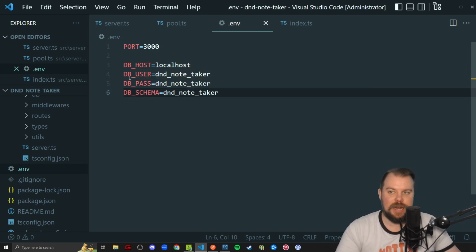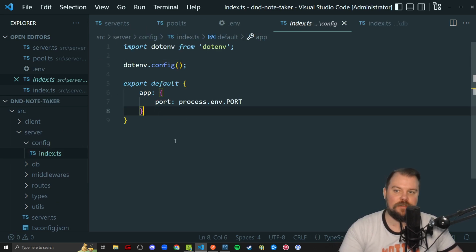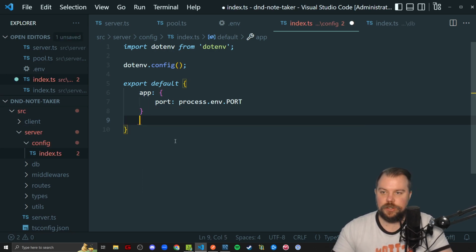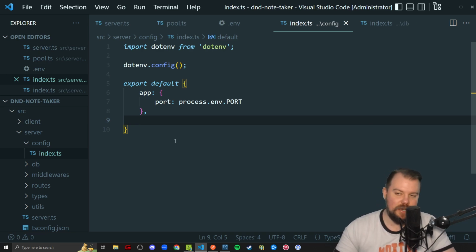This is where you could also provide a DB connection limit and other things like that should you start customizing your pool connection here. So, all right, my environment variables are good to go, which means I now need to add this to our config object from way back in the day. So I'm going to head to the server config folder into the index file. All we have right now is our app port. I'm now going to include a new property, config.db, makes sense to me,